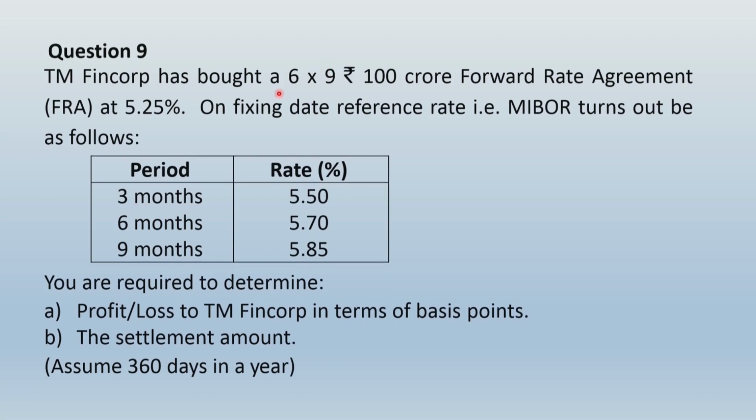So after 6 months, your borrowing begins and your borrowing ends at 9th month. That means the borrowing will be for a duration of 3 months only. So FRA rate you have agreed at 5.25%, but the reference rate is 5.5%. By entering into FRA, you have saved 0.25%, correct? And that is, you have made benefit of 25 basis points. And then in the later part of the calculation, you compute by value what is the amount of benefit. So this is very simple. Let us see how to present the solution.